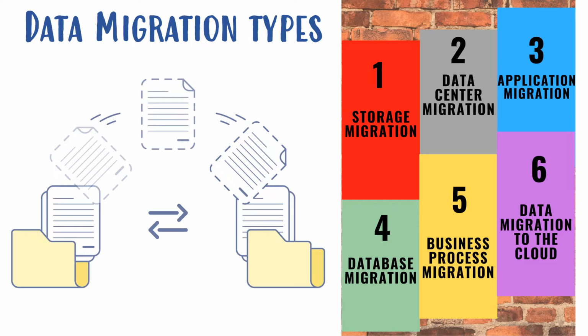Fourth is database migration. This type of migration involves moving data between two database engines. It requires careful planning and testing as there are a number of subtasks involved in the process, like storage capacity estimation of the target database, testing applications, and ensuring data confidentiality. Fifth is business process migration. Business processes operate through a combination of human and application system actions. When these actions change, they require the movement of database or application data.